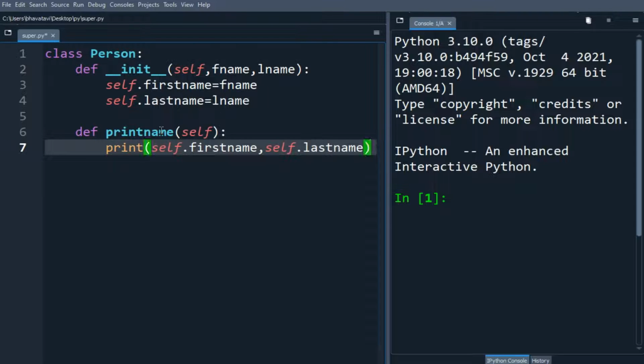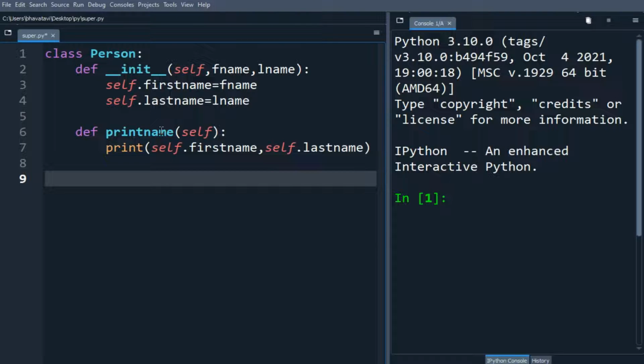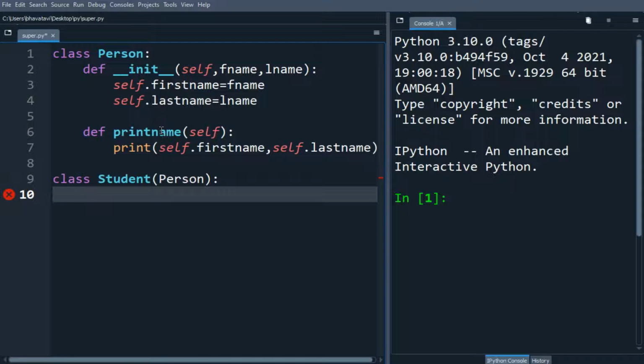And now we'll create the child class. Let's put it class Student. So here we'll put Person as the argument. It will inherit from the parent class Person. So we will define an __init__ method, and then we'll put self as the argument and first name, last name,